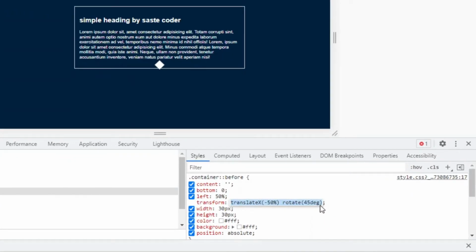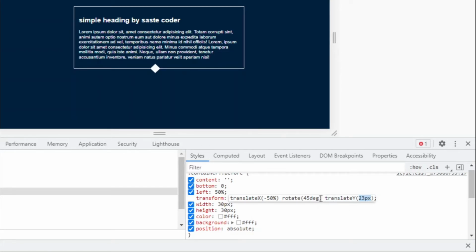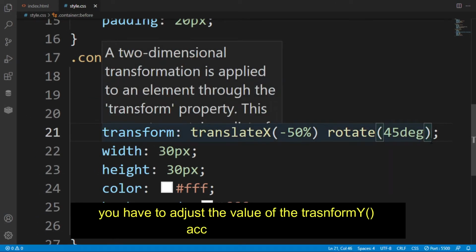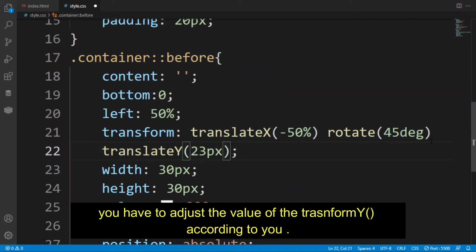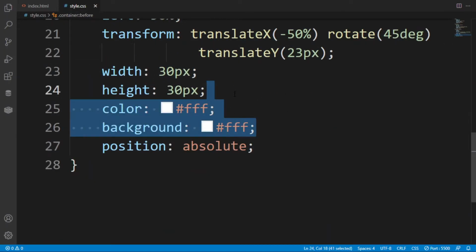Here put a transform, sorry, 3D, no, I don't want the 3D to act. Now putting the translateY, automatically it is 10 pixels, then changing its value as desired. Here the result comes best at 23 pixels. Just copy it and then paste it into the CSS. Here I have pasted it after the home key, then tab. After saving it, as you can see in the preview, now we are going to style this thing.